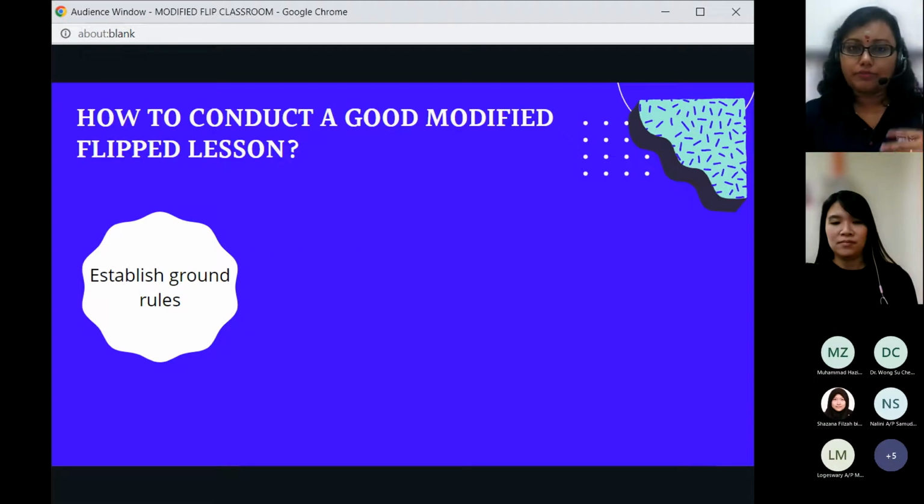We have to take effort in learning. We need to prepare them with real world experience. We cannot be giving them all the information. They have to find it on their own, right? So establish these rules to them first, so that they are aware that tertiary education in colleges, this is how it's going to be.